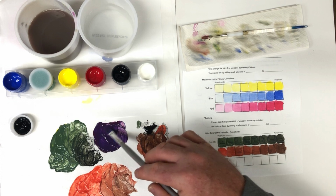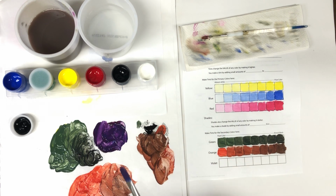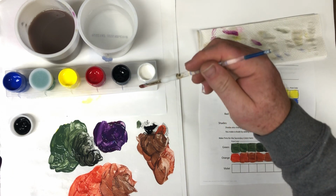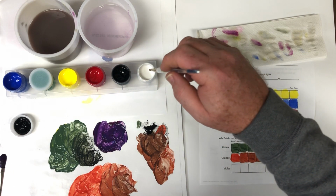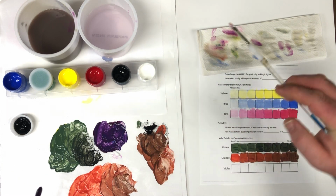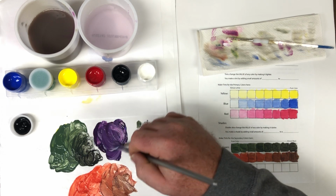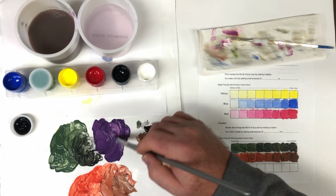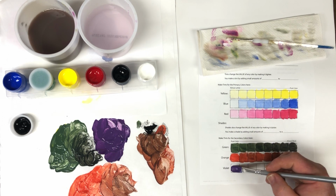Now, since violet is already inherently a darker value than these other colors, I'm going to put just for fun, a touch of white in there so I can lighten this before I darken it so we can see the color a little bit better. There's just a little change there, but there we go. That's a nice pretty violet color. So I'm going to start with the pure color. So I mix the violet,